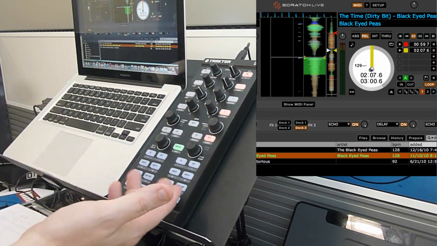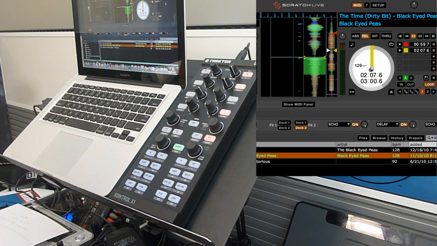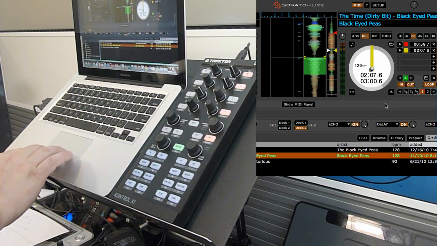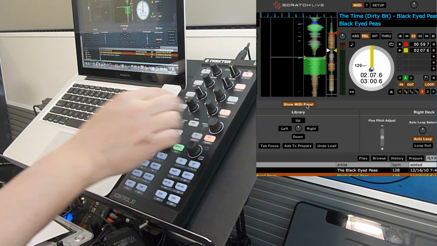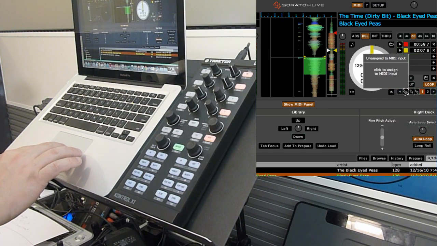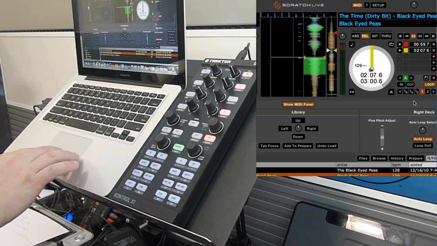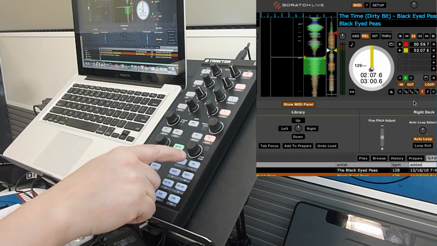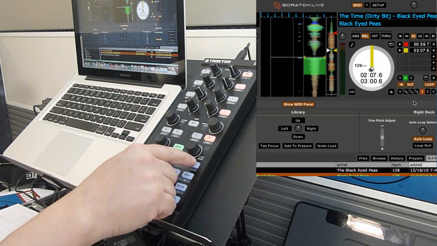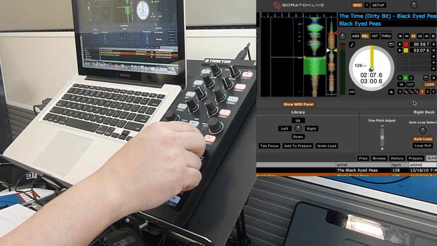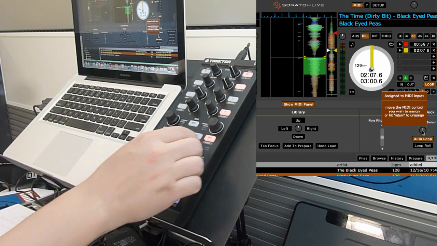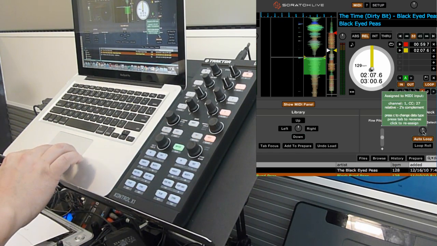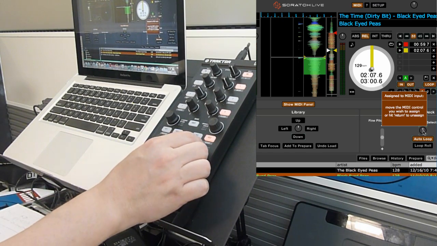If you want to do more cue points and you want to use more buttons for that, you go right ahead and do it. Alright, let's go into something a little more complicated. Show MIDI panel. Let's open that up. Now this is where you want to control this section here. All right. I use this, the size loop, and I have it set up already. But let's say it's not set up. What you do is you go to this. Let's say it's brown and it's not set up. You go to this knob,